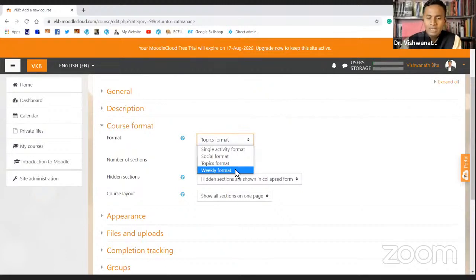So that in 1 week you will learn this, and then there will be some kind of assessment or quiz or something like that. If you want that kind of format, go ahead. But in a traditional educational setup, I believe that it's topic format, so I'll stick with topic format. Number of sections, so how many sections you want in your course. So maybe there are 3 modules or 3 units, or maybe there are 10 units and 10 modules.